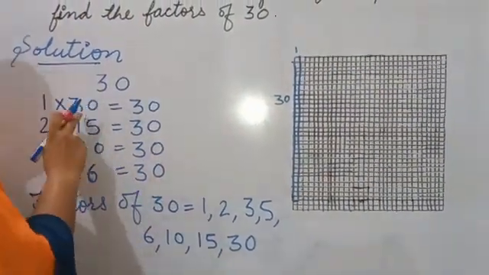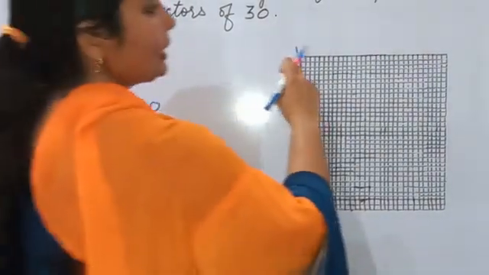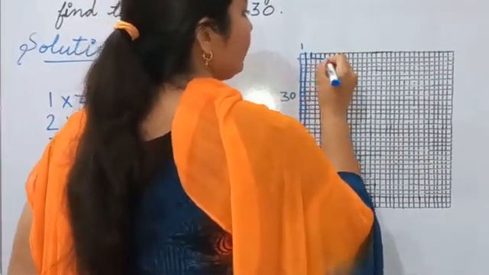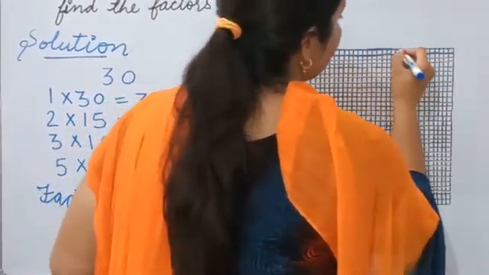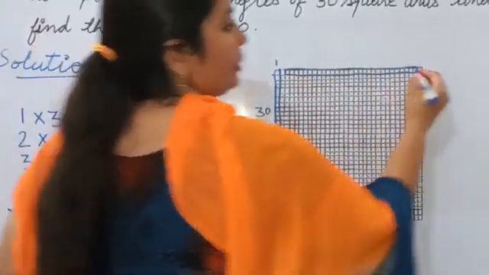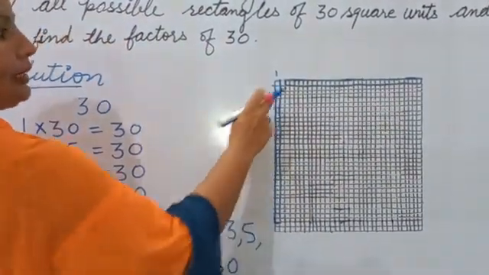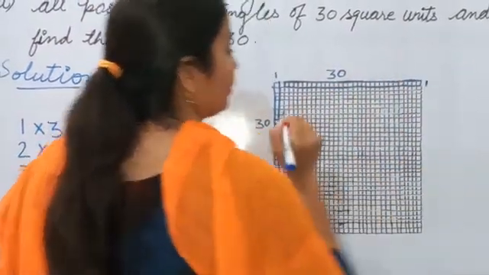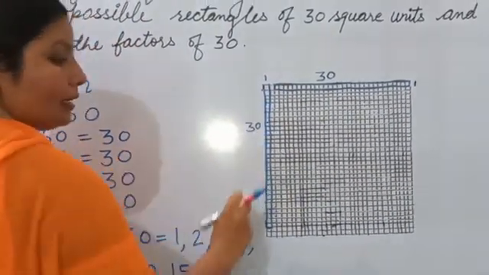This is 1 by 30. Then the second type, how can we make it? We can take length 30 and breadth 1. So like this we can take 30 boxes in length and 1 box in width. From here we start and go till 30. Because I make it of 32, I leave 1 box here and 1 box there. So this is 1 by 30, and this is 30 by 1. 30 is length and 1 is breadth.